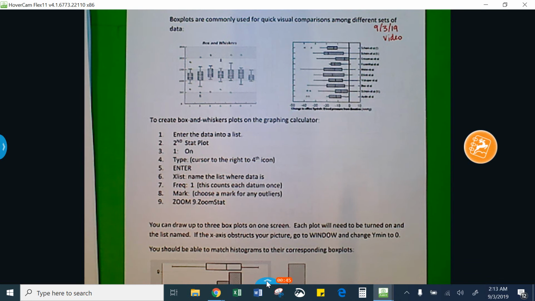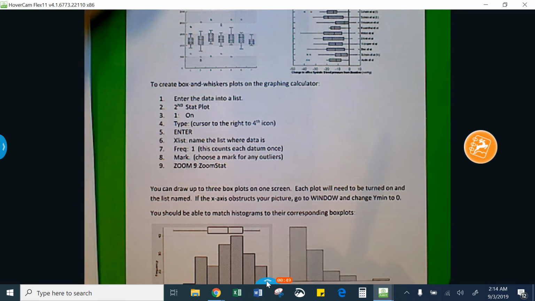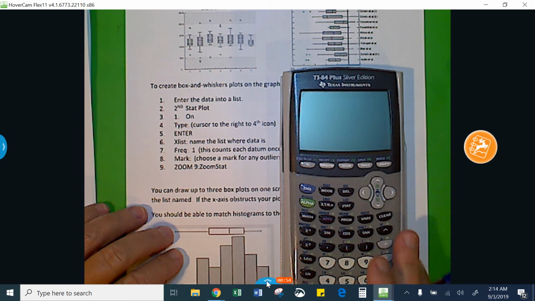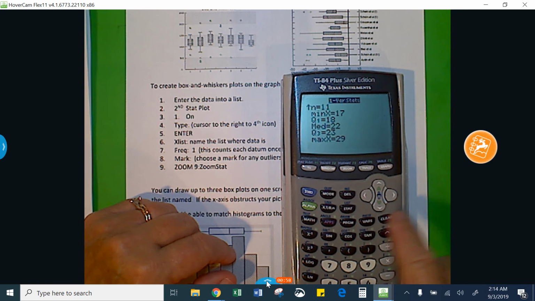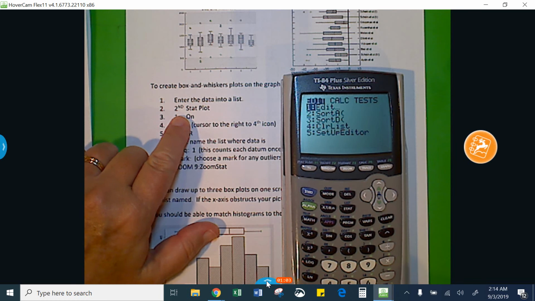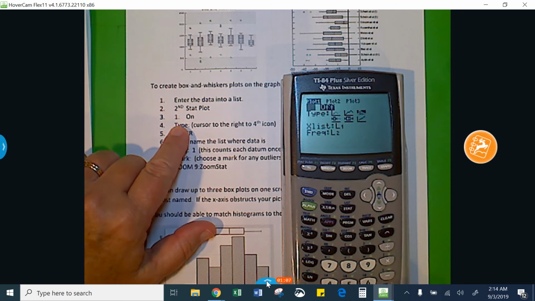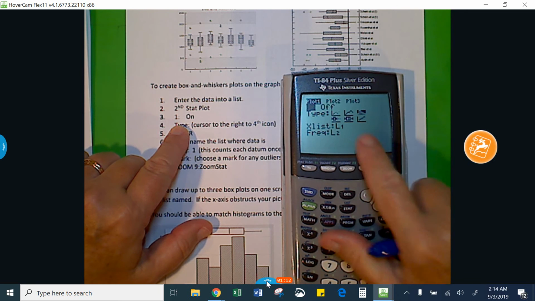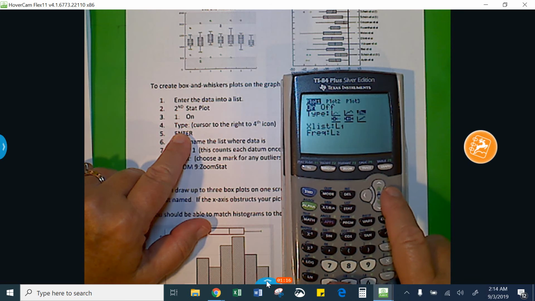Really quick, I want to show you how to create a box and whisker plot on the graphing calculator. I already have the boys and girls data in here, so I'm just going to work with that. I have it in list 1 and list 2, so I'm going to go to second stat plot, and I've already used this for the histogram last, so I'm going to turn it on here, jump down to the type, and hit the right arrow till I get to,